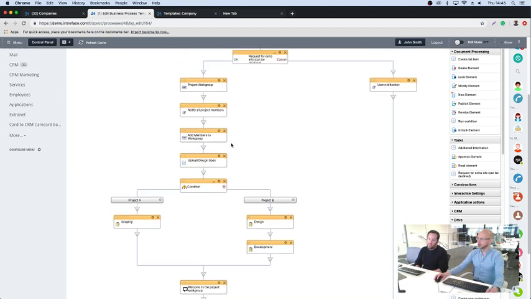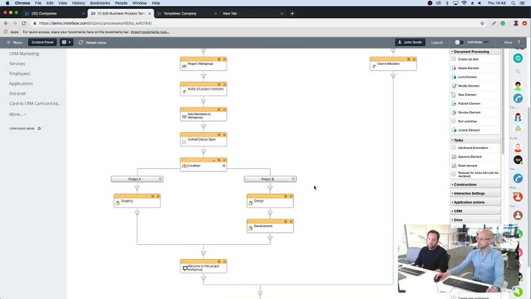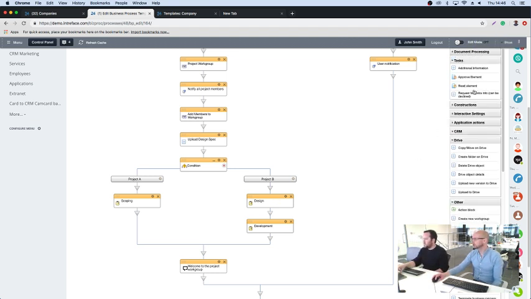It does some other things about notifying people in here and adding documents, but the difference here is we have a condition. So based on that drop-down selection that the user's given the option on, if we choose project A, it creates this task. Project B creates these 2 tasks here, and of course it's quite easy. Then once you've got this,